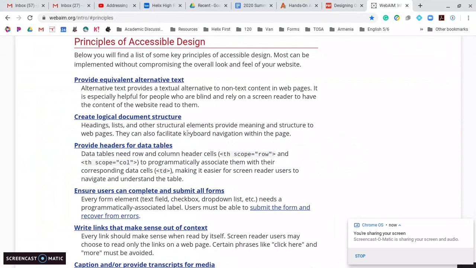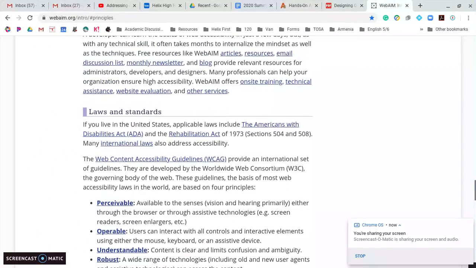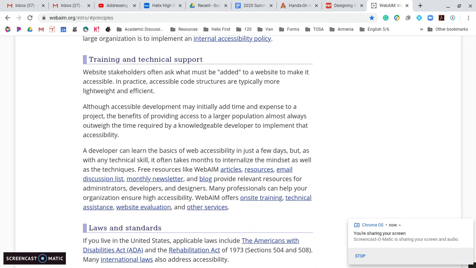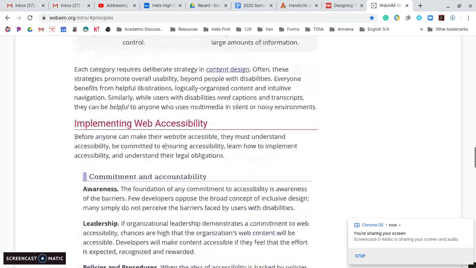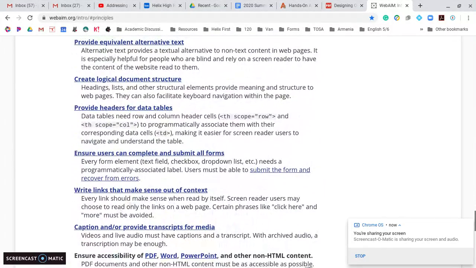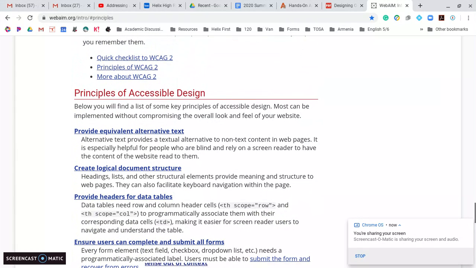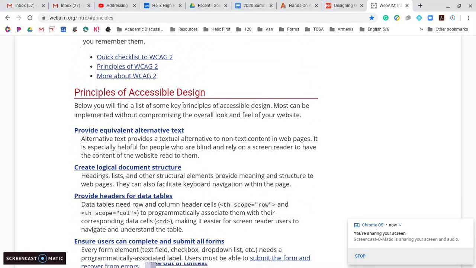I really appreciated reading these two articles and watching the three videos on accessibility. The following accessibility concepts were really new to me. Number one, whoops, where did it go here? When I read about the principles of accessible design, using alt attributes and making sure that the content